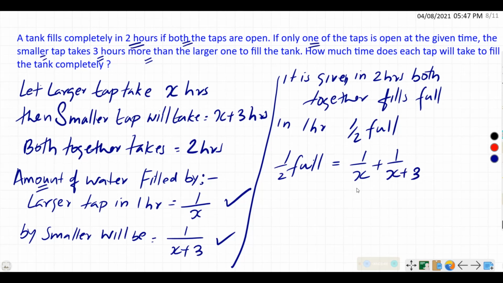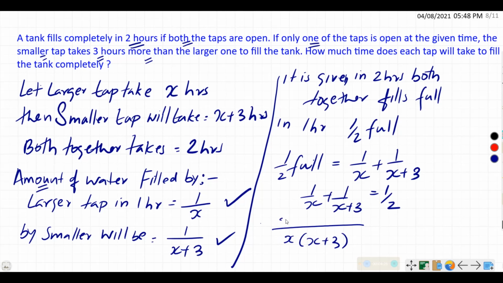If you get this kind of idea, when the problem comes, your problem will get solved. So you have to read the question again and again and equate it in your mind, then bring it to the paper. So when we rearrange it, 1 upon X plus 1 upon X plus 3 is equal to half. If we try to solve it, the LCM will be X into X plus 3, and we can write the numerator as X plus 3 plus X. Okay, simply we will solve it now.